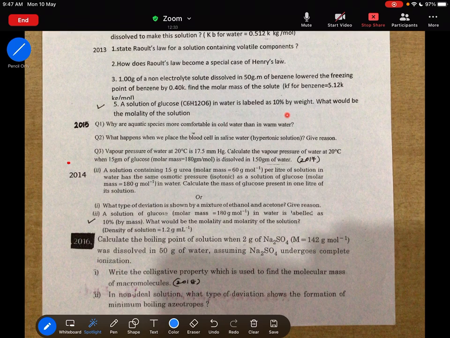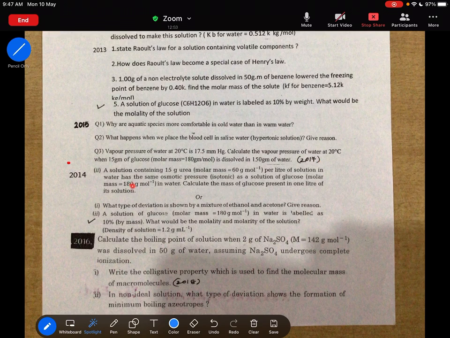You know that as temperature increases, solubility decreases. Not only that, you have to explain in terms of KH values. It means KH is high or low in that way. What happens when we place blood cells in saline water, that we have explained, and this one is again a